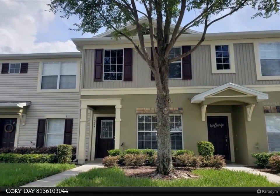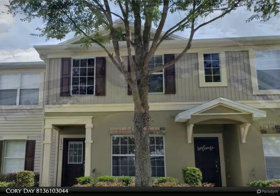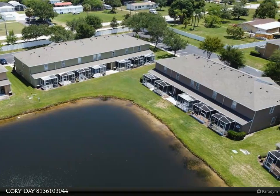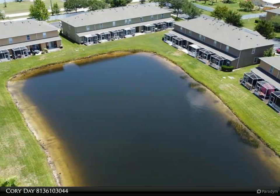Move in Ready Townhome in the gated Foxmoor section of Panther Trace. Spacious open floor plan with plenty of living space, natural light, and storage. Unlike many townhomes where you enter immediately into the main living space, this plan included a foyer and dining/flex area